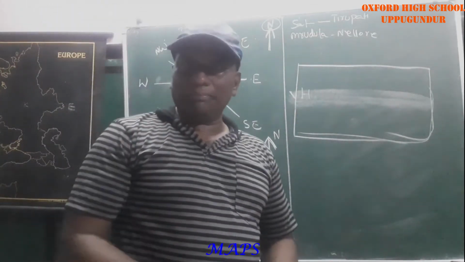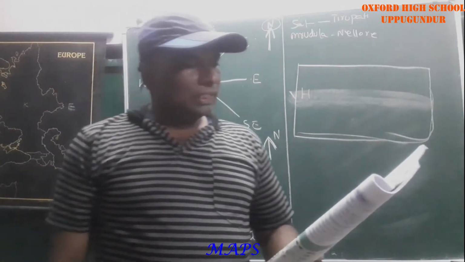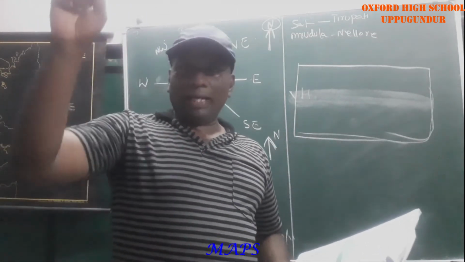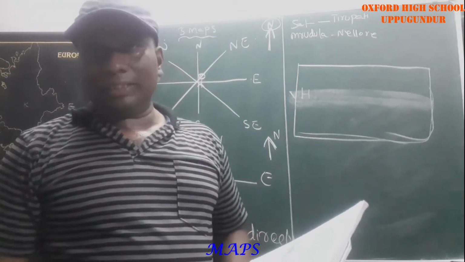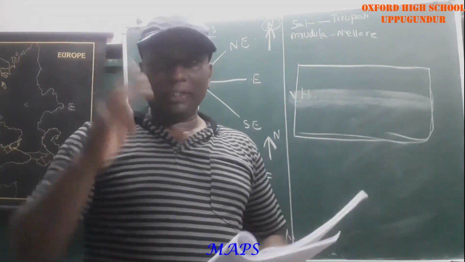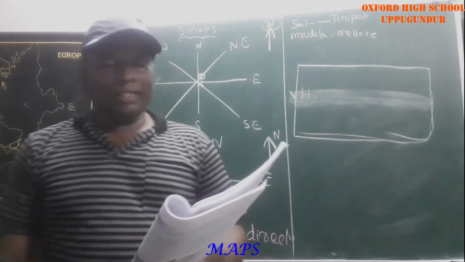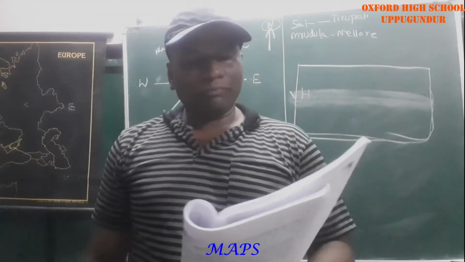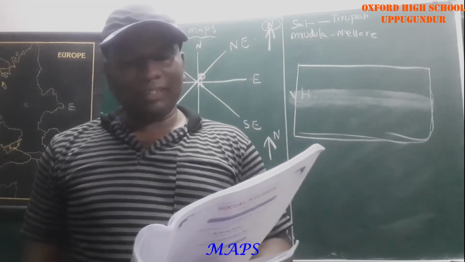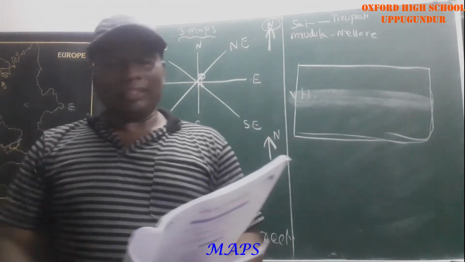Next one is symbols. Okay na? It is the third important component of a map. In the map, the first important component is direction, the second is scale, and the third is symbols. It is not possible to draw on a map the actual shape and size of different features such as buildings, roads, bridges, trees, railway lines and other things as well.